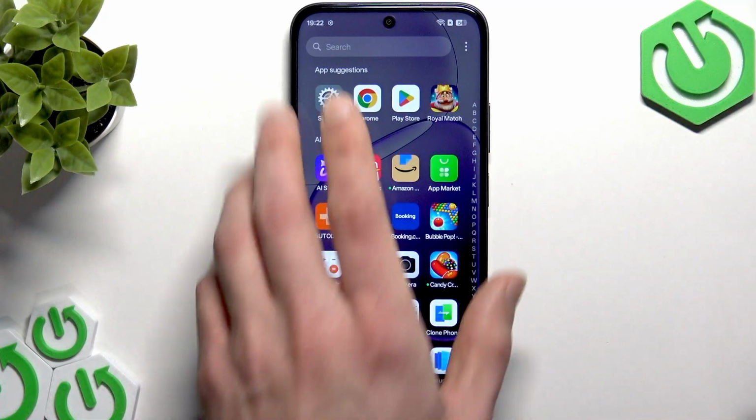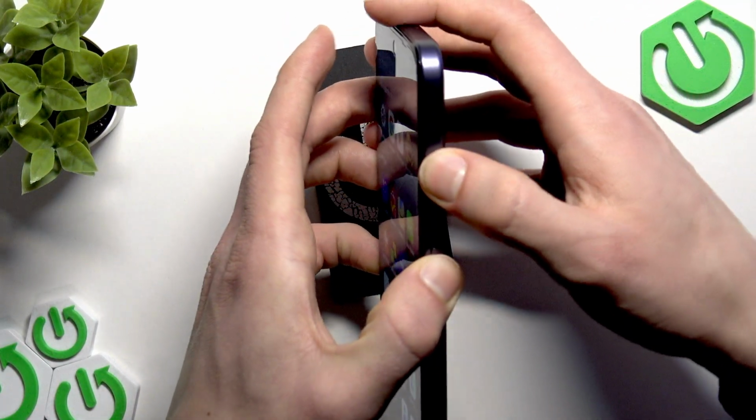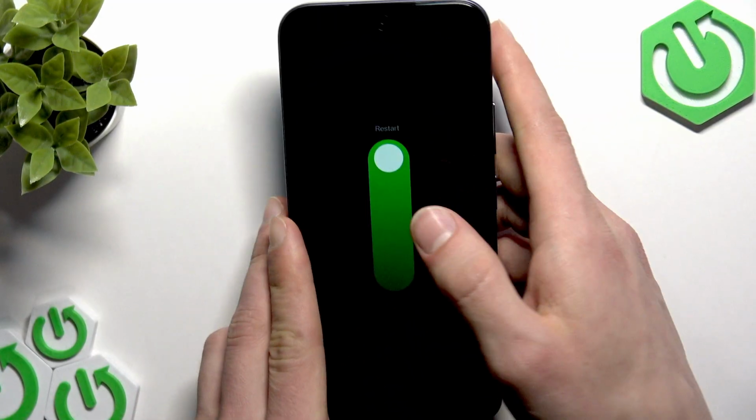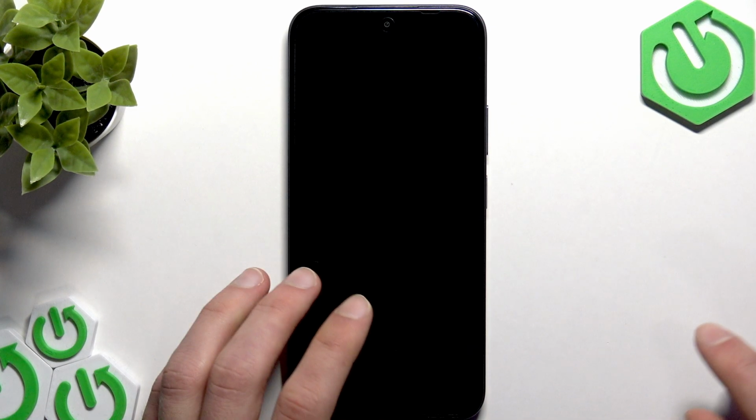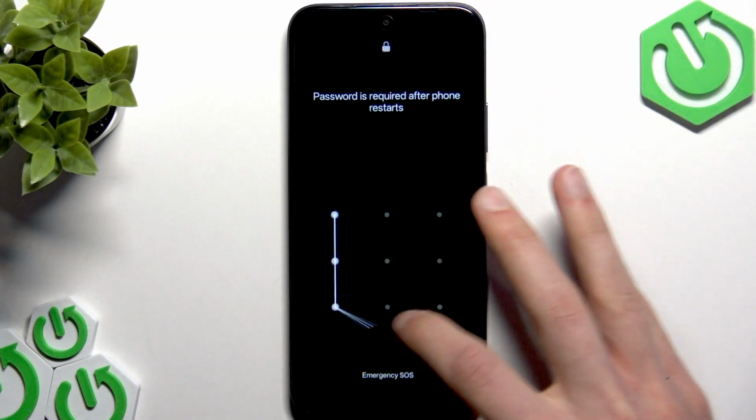And then just restart your phone by pressing the power button and volume up key at the same time, swiping the circle up to restart, and wait until your phone is restarted, and then check for the issue once again. After that,